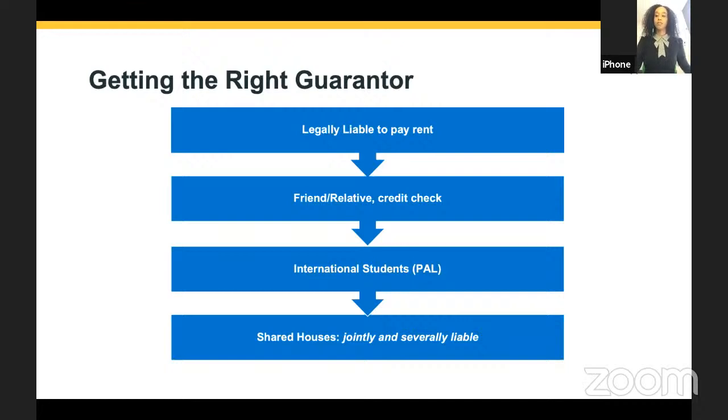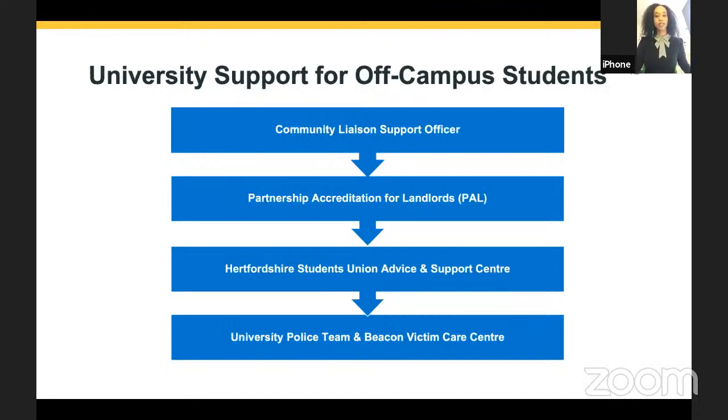Now I'm going to discuss some of the different ways the university offers support for students living off campus. The Community Liaison and Support Officer provides support to students living off campus. So they provide assistance and advice for issues that may arise in the community. They can also refer students to relevant services or agencies for further assistance. They also investigate any breaches to the code of conduct by students. If there's a dispute with residents of the local community, then they are the first point of contact, and they work very closely with local statutory bodies such as the City Council and the police.